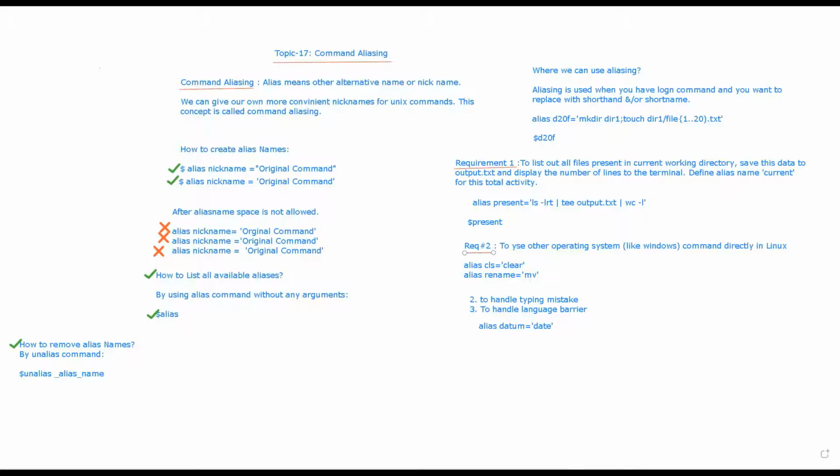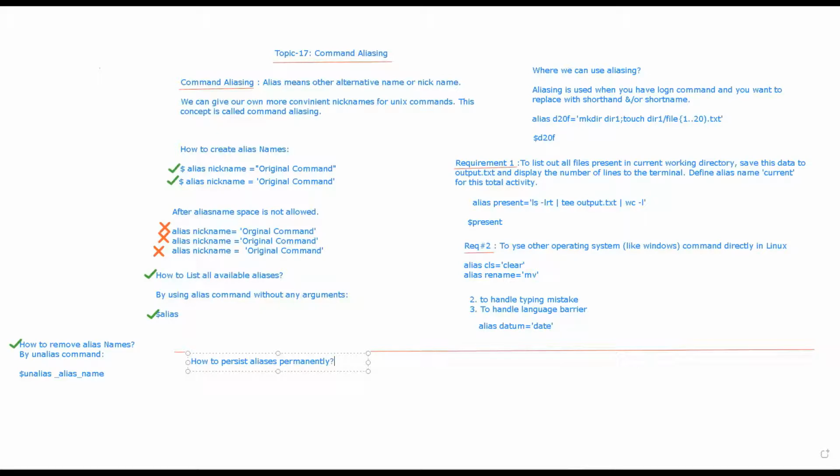Now, whenever you are creating aliases, these are not long lived aliases. Long lived means these are not permanent aliases. So if you want to create permanent aliases, how to persist aliases permanently?